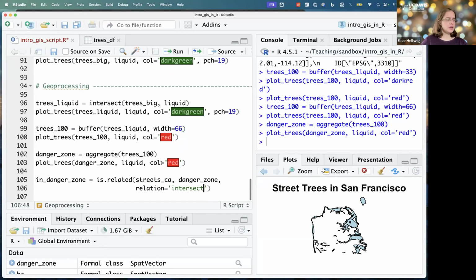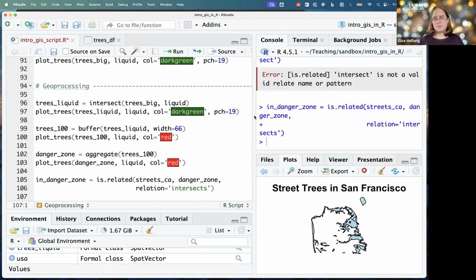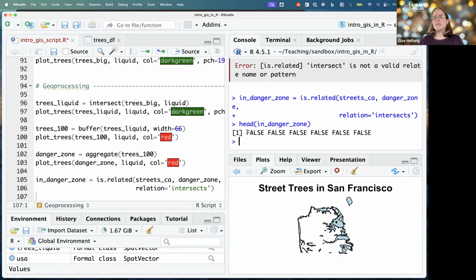And so if we run this, intersects. There we go. Okay. So if we look at this, we do head, you can see